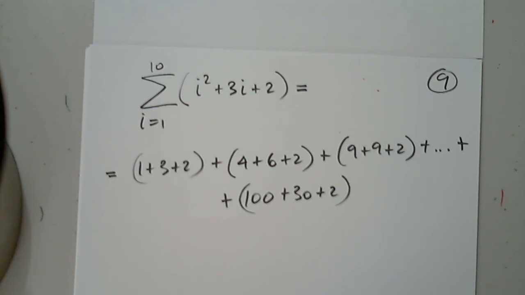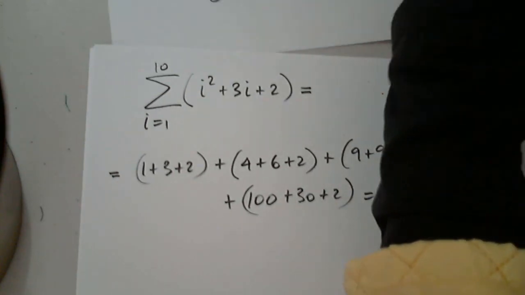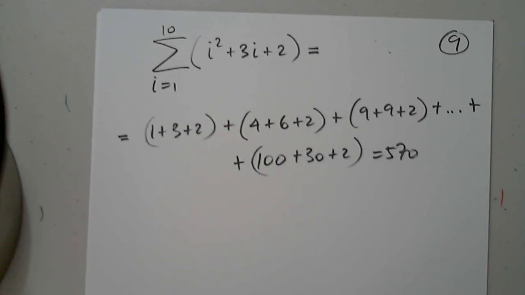So we have x from x equals 1, and the upper limit is 10 in my little example here, and in parentheses, x squared plus 3x plus 2. Very beautiful here, 570. Okay, so now let's also illustrate